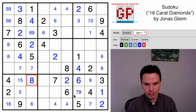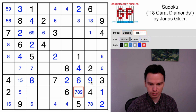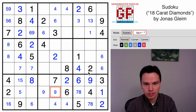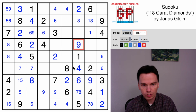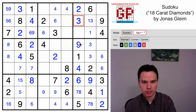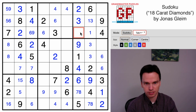So this being an 8 moves this over to be 7 and 8, puts up this 9. So I now actually get a 9 over here, get a 9 in this cell. That now means I do have a 3 up here, puts in this 3. This is 7 and 8, and actually I think, let me just undo a step. The same way there is a naked single here,